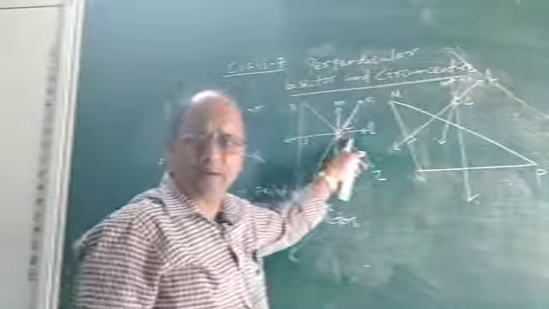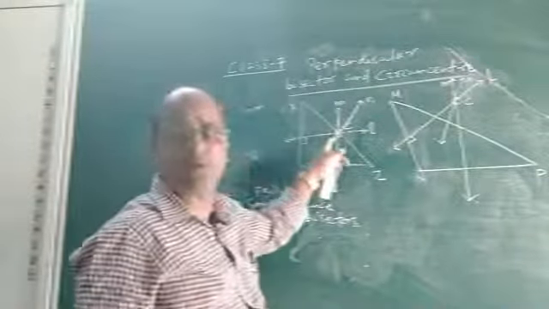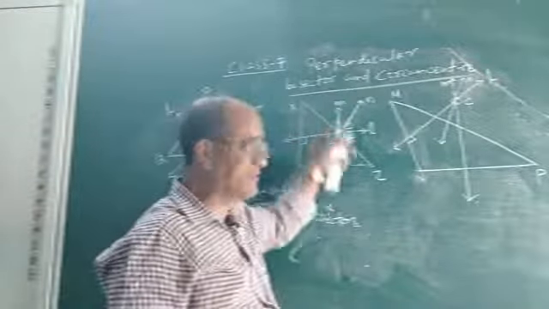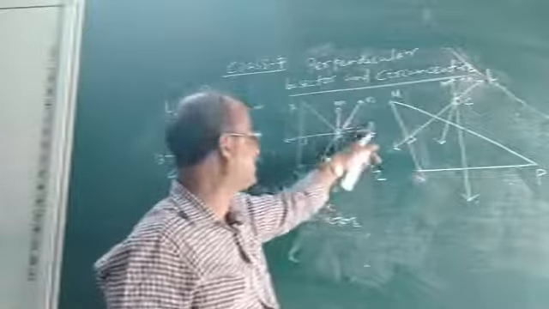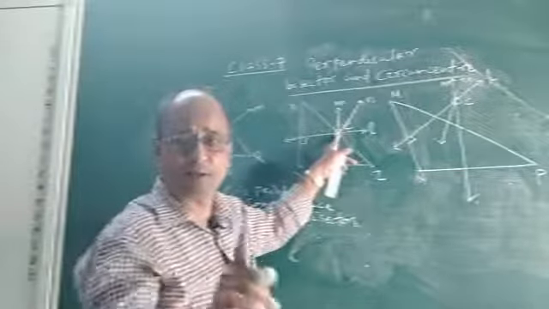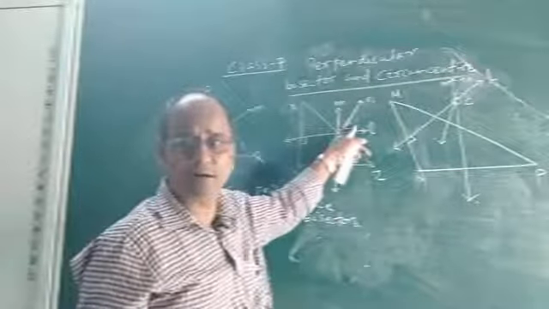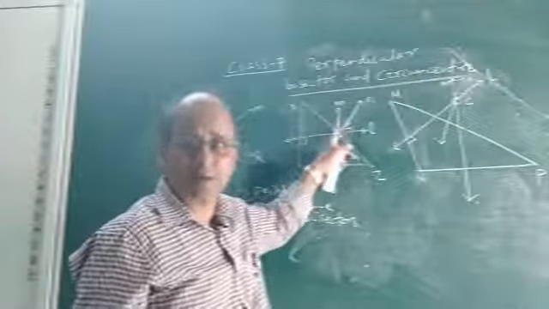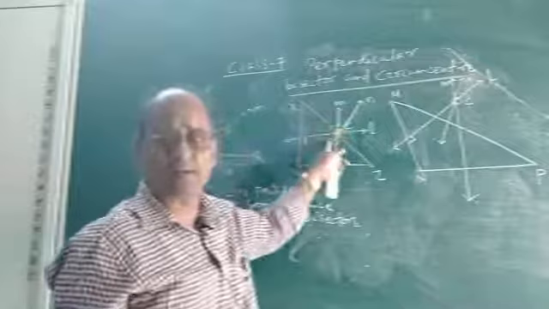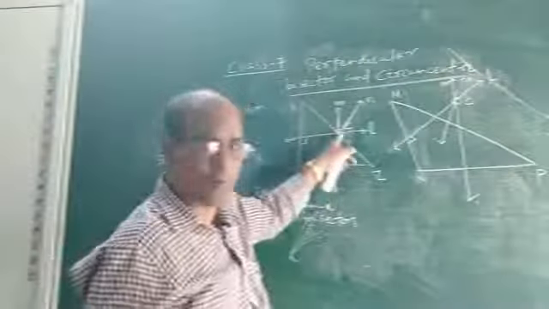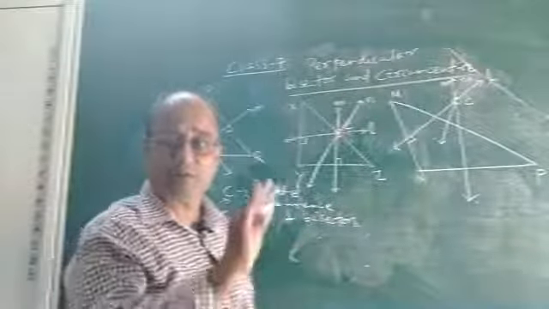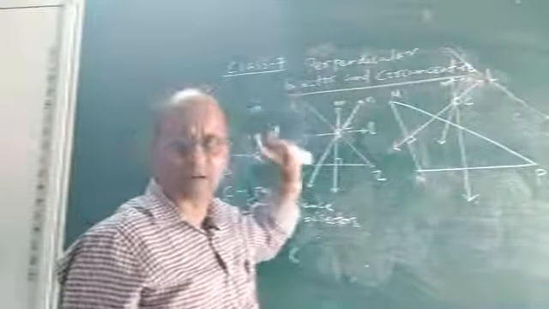And what do you observe again? Again we see that the 3 perpendicular bisectors of 3 sides of this triangle, that is XY, YZ and ZX, the 3 perpendicular bisectors, that is L, M and N, they also pass through one point. Look at, they pass through the same point. What is the point denoted by? It is C. So C here is the circumcenter of this right triangle. Why? Because it is the point of concurrence of the 3 perpendicular bisectors of 3 sides of this right angle triangle.